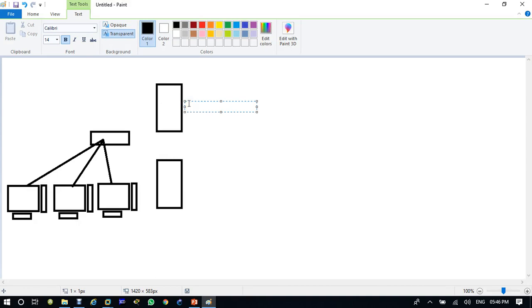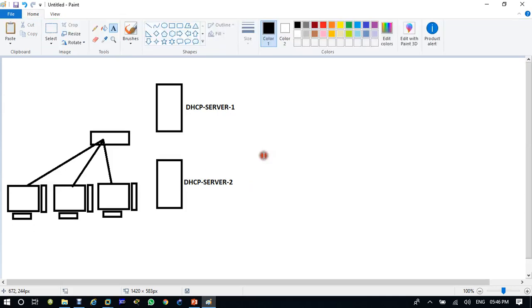server 1, or anything. You can take the example of Active Directory also, server 2, and these are also connected with your switch to provide the IP addresses.